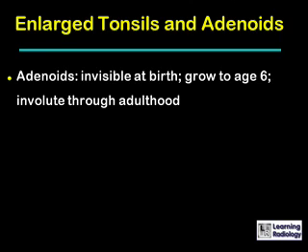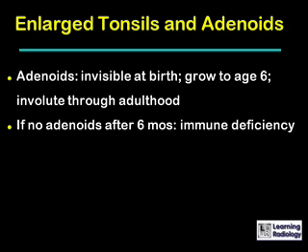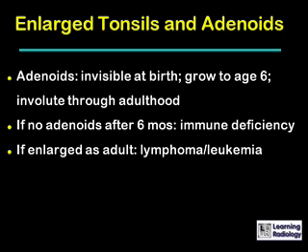The adenoids are usually invisible at birth. They then grow slowly through age 6 and then slowly involute through adulthood. If there is no adenoidal tissue present after the age of 6 months, then you should think of the possibility of an immune deficiency. If the adenoids are enlarged in an adult, then you should think of the possibility of